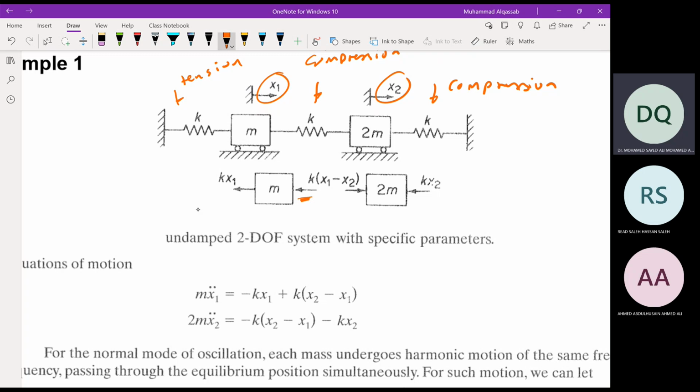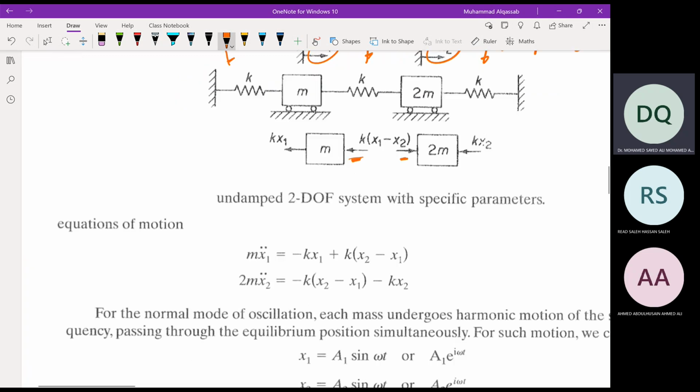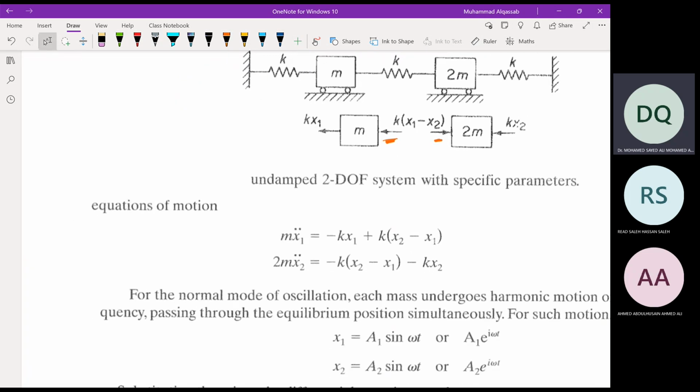On the second mass, the force is in the opposite direction, so this is action and reaction. And the spring on the right hand side of 2M is also to the left. To the right is positive. Equations of motion are obtained by